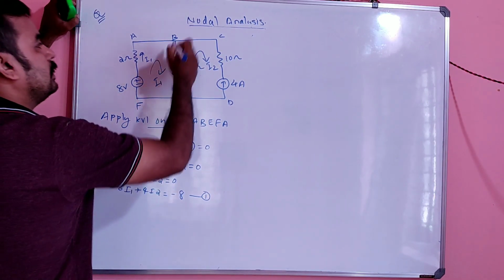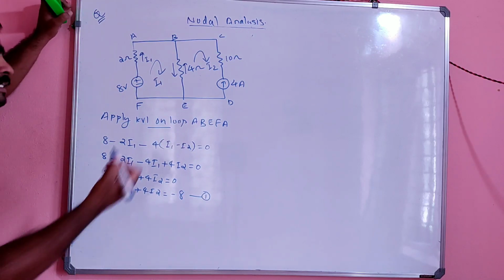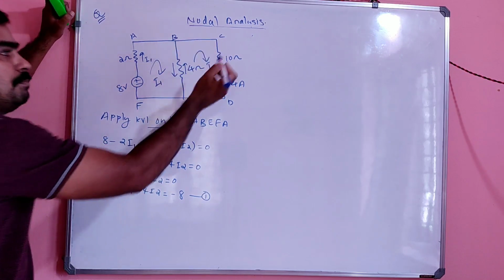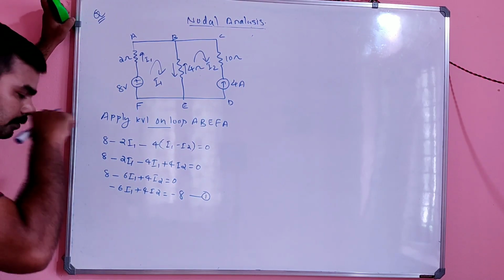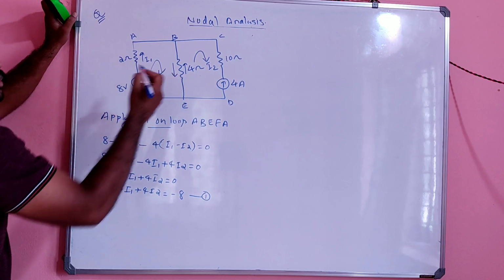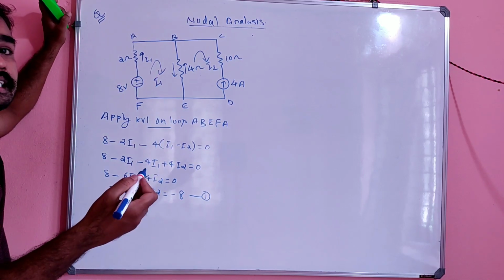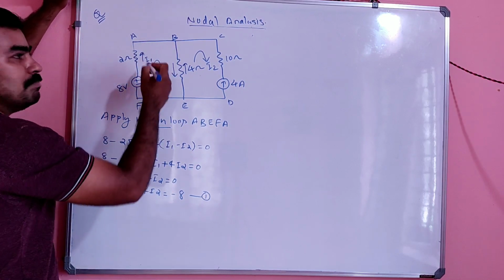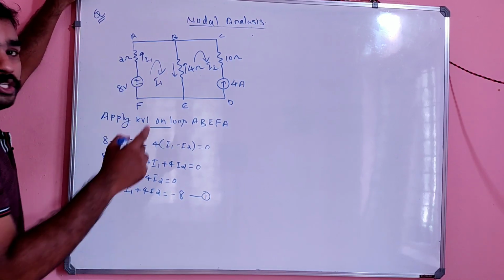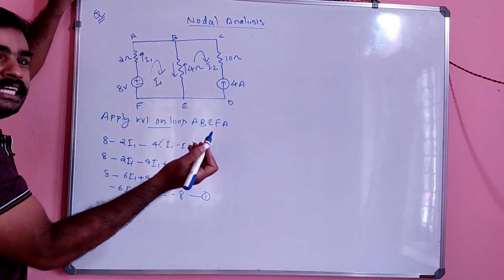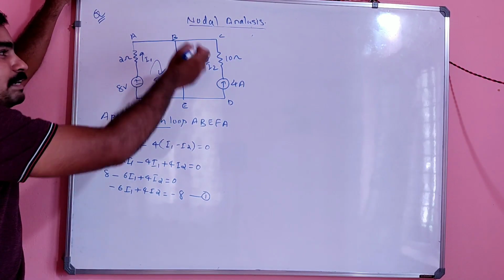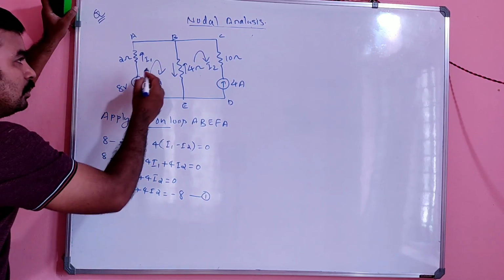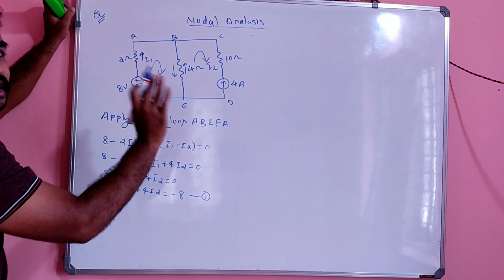And again, another equation is there, because there are two meshes, so there will of course be 2 equations. The other name of KVL is Kirchhoff's mesh rule, because it can be applied to meshes. It can be applied to a loop also, so Kirchhoff's voltage loop rule is also fine.